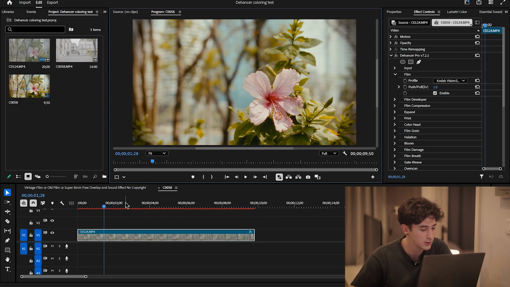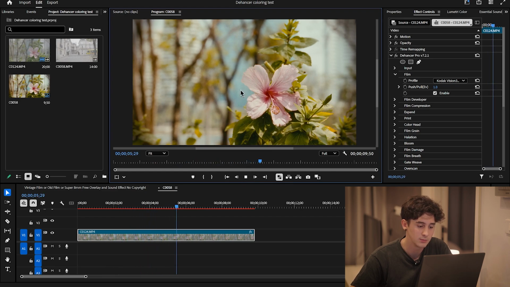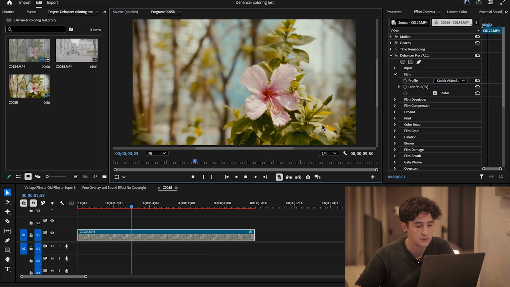So the first one is that whenever I try to color grade a video using this plugin, my video will be extremely slow and choppy. See, for example, if I try to play the video, first it's going to take a few seconds to play after I click, and here the image isn't even moving, so I cannot even properly watch my video. And even if I take it down to 1/4 and try to replay the video, it's still gonna lag and